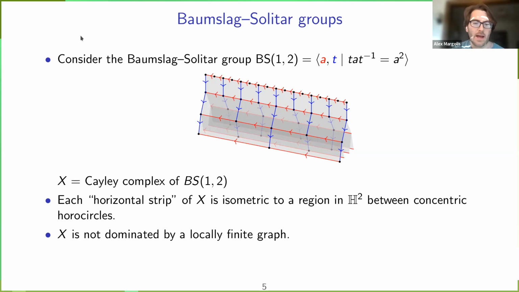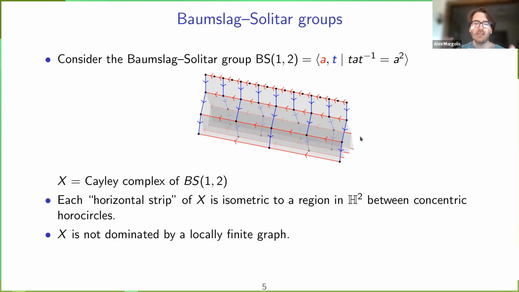And I claim that this space X is not dominated by a locally finite graph. And the way to see this is to apply the previous proposition, namely to show that the full isometry group of this complex we've constructed is not totally disconnected, or not compact by totally disconnected. And the idea is that there's a continuous one parameter family of isometries you can have in this space. Namely, you can just do arbitrarily small translations to the left or right, sort of in the horizontal direction, while fixing the tree direction of this Cayley complex.